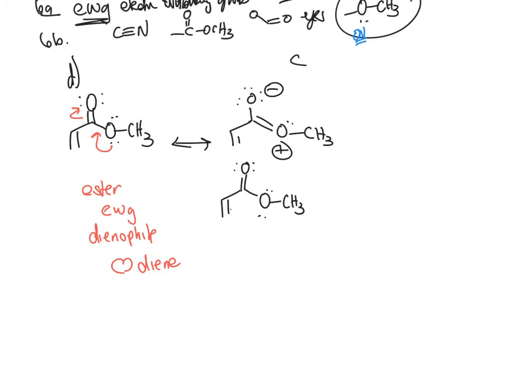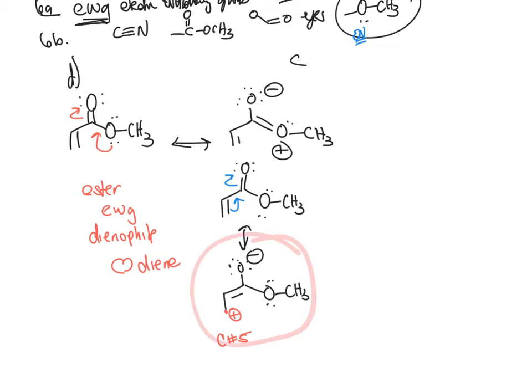What if we took these electrons from the alkene and pushed those onto the carbonyl? Make sure you do your double-headed resonance arrows. And when we do this, we're going to see that we get a positive charge on this carbon, and this carbon is carbon number 5 when we do our numbering. This is the reason the electron withdrawing groups will make that carbon number 5 more electrophilic,